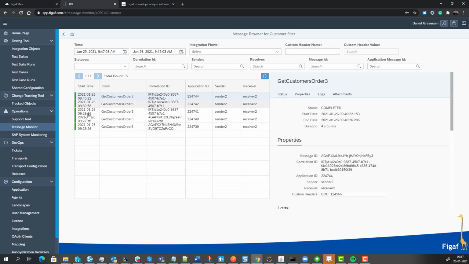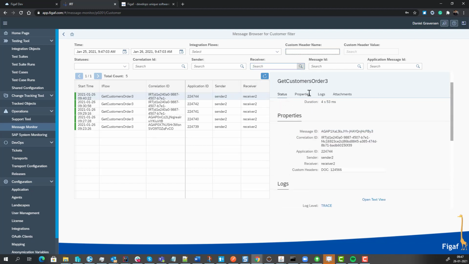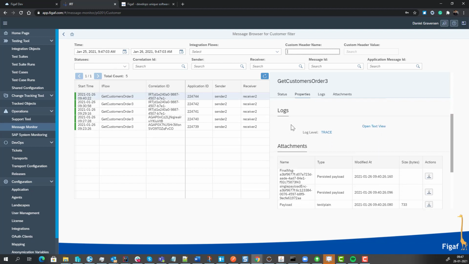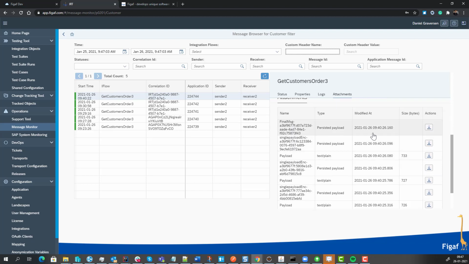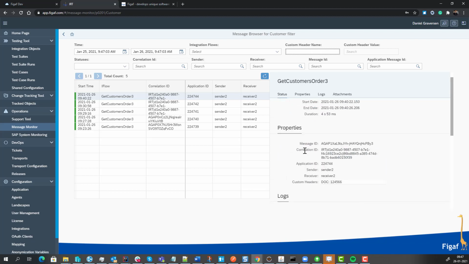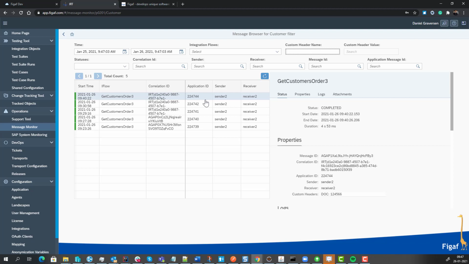And this one will give you all the header attributes, and you have the option to search for custom attributes if you want to do that. You have an option here to go in, so it's up here, you will then search for the document number here, and then it will apply within the same time frame. You can see which kind of persisted messages we have as a part of this. So you can see all of these different payloads here and header attributes, and then up here you have the application ID, making it a little easier for you to understand what's actually going on as a part of this